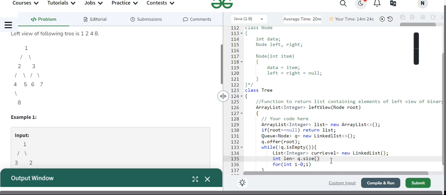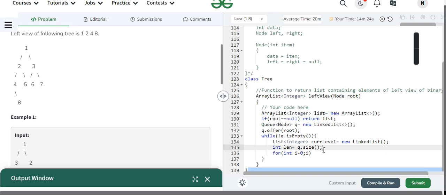This will give us the size, the length of the level. At each level, if it has four elements, then the length will be four. If at this level it has two, then the length will be two. So i less than length, i plus plus,